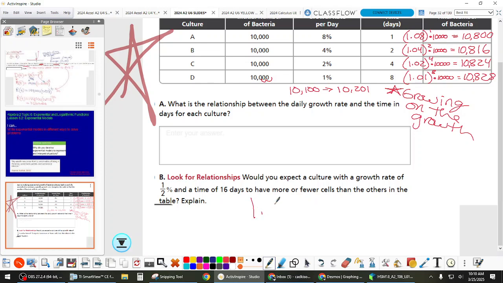So 1.005 to the 16. Of course, 10,000 times that. Did you do it? What'd you get? 10,830. So see, it didn't go up much, but it's still a little bit more. Okay, and of course we could continue that trend, and it would just start going up incrementally smaller, but still